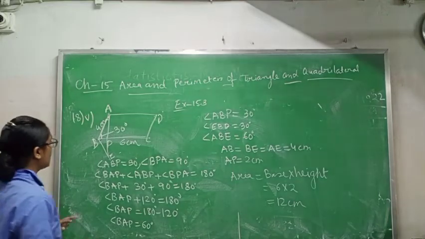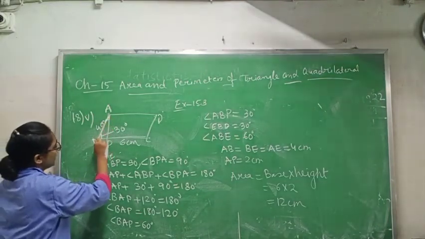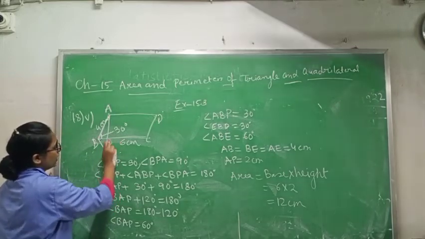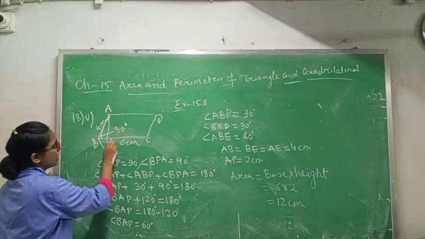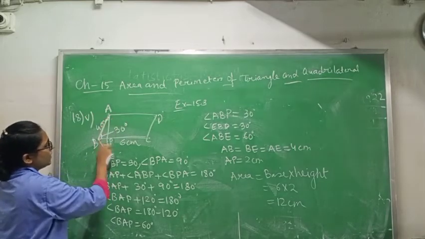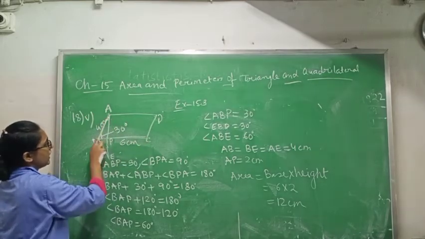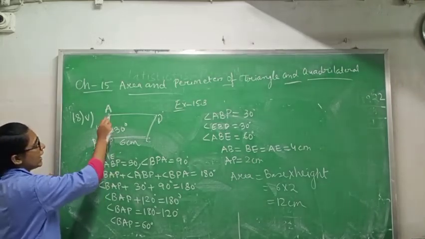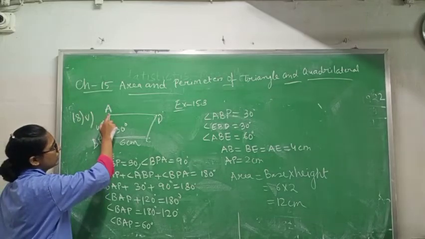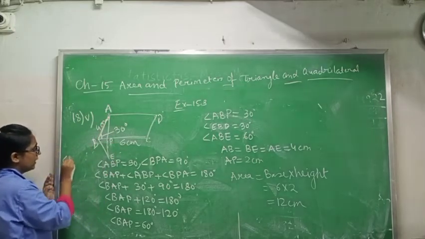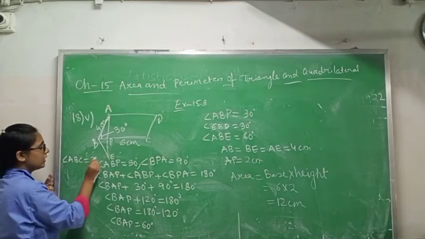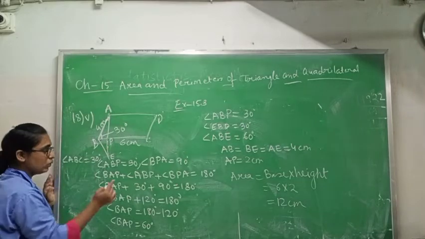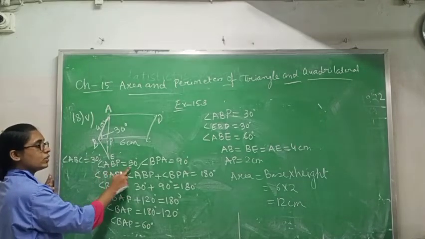So in this question, first of all, we will extend AB from the point B up to point E. Okay, and give this point name A. So if angle ABC is 30 degree, it means angle ABP is also 30 degree. Why? Because angle is same, only side is changing. In the first case, angle ABC is how much?